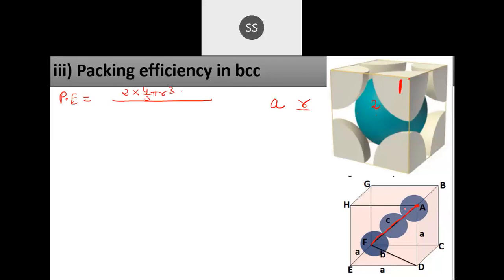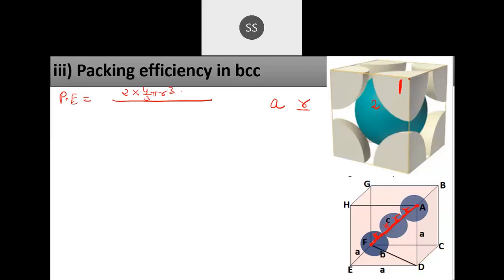So how much will that value be? Only half of the atom is coming, so that means I have only R part of it coming over here on the diagonal. Then I have this full atom, so this value is going to be R plus R. And towards the F corner, I have only half of the atom coming inside, so I will get this R part. So the total value is going to be 4R. That will be the C value.